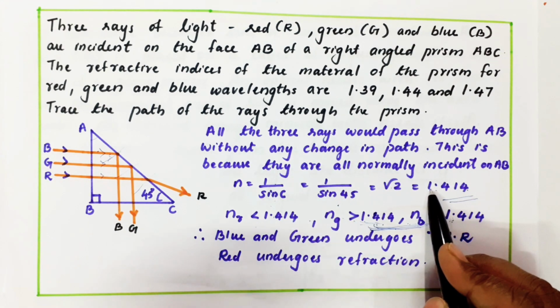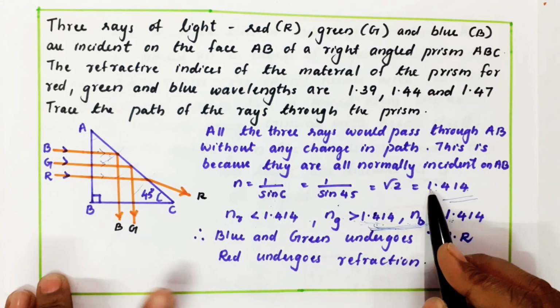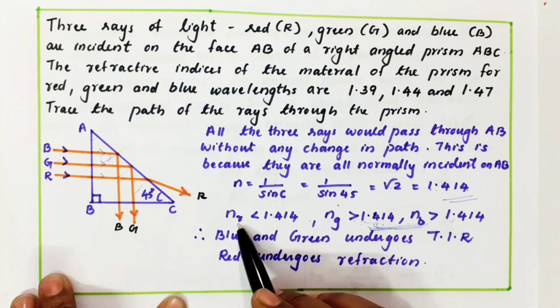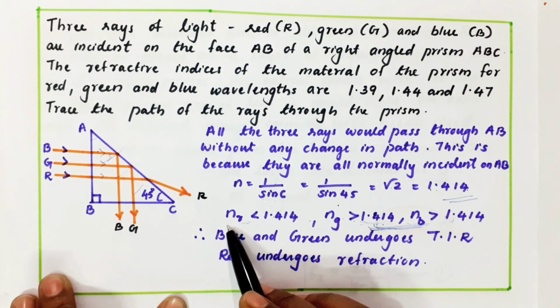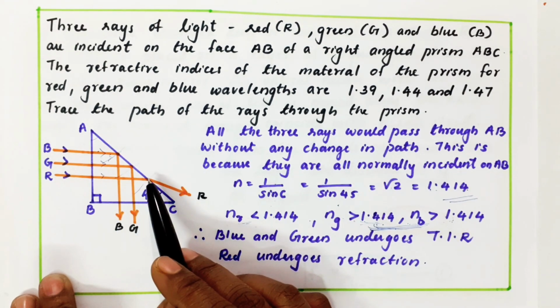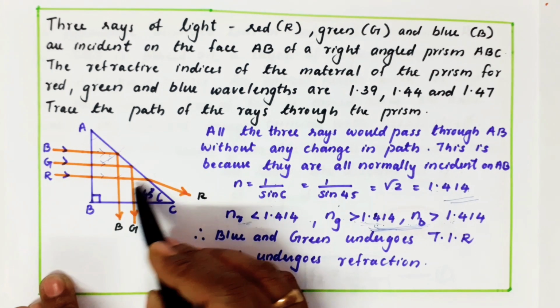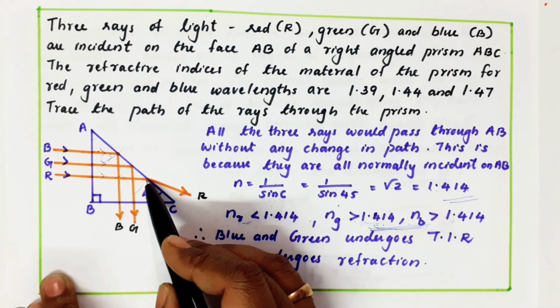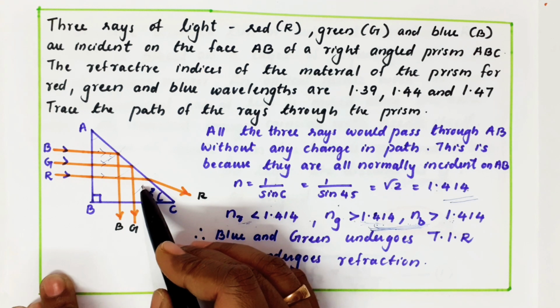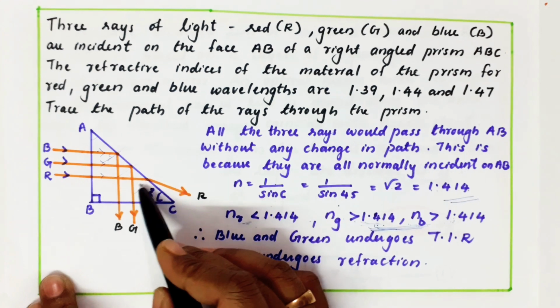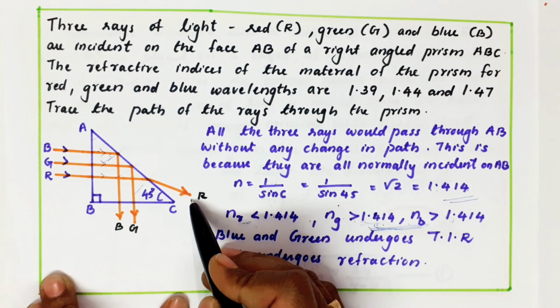So it means that you know critical angle and total internal reflection has a condition. So in this case, for your red color, this n is less. So it means that the red color critical angle is greater than this critical angle. Okay, red color critical angle is greater. So when the red color is incident here, the red color critical angle is greater than this 45. So red color cannot undergo total internal reflection. Red color will go for refraction.